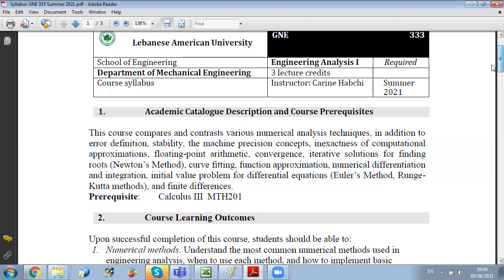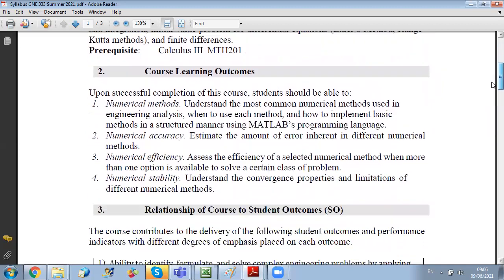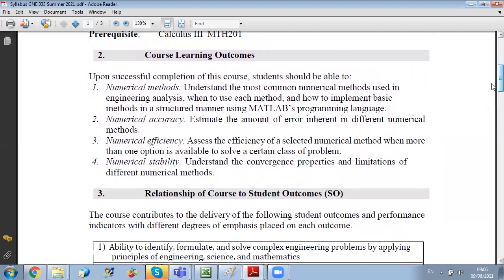Now, once we finish this course, you will be able to understand the most common numerical methods used in engineering analysis. And also, we will develop a lot of techniques that can be implemented in MATLAB. All methods we will learn together, you can easily program them